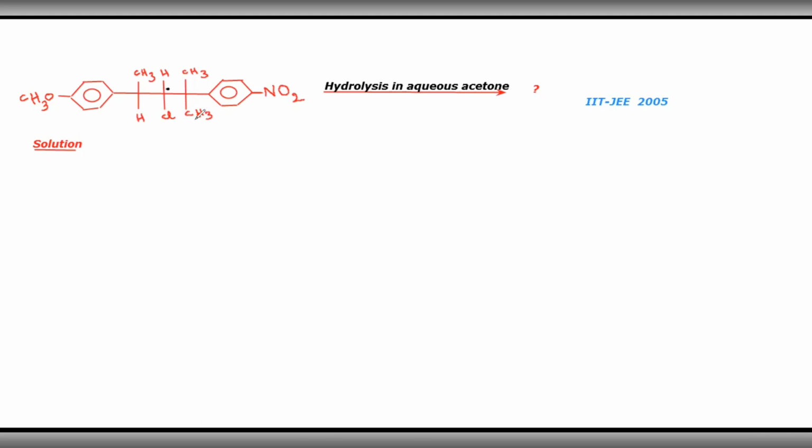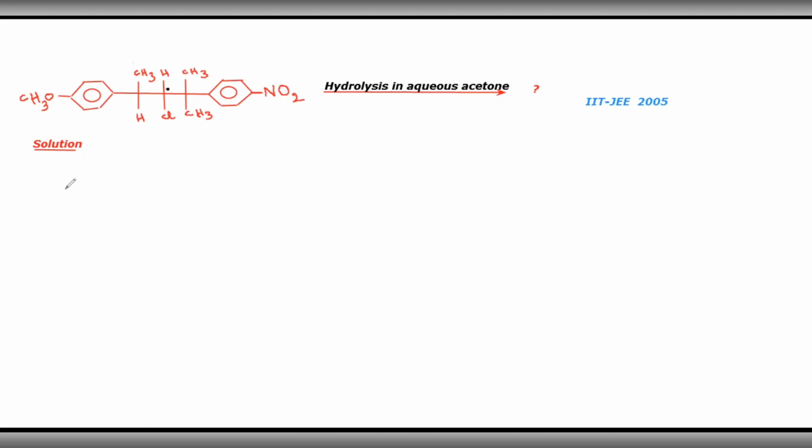A secondary alkyl halide with a poor nucleophile like H2O involves SN1 reaction. Why? Because a poor nucleophile like H2O cannot attack from the backside to send out the leaving group, hence it cannot involve in SN2 reaction. And that too, in this alkyl halide, around the carbon there are two bulky groups. This is one bulky group, this is one more bulky group. That also favors SN1 reaction. Hence, we are writing SN1 reaction for the given compound.